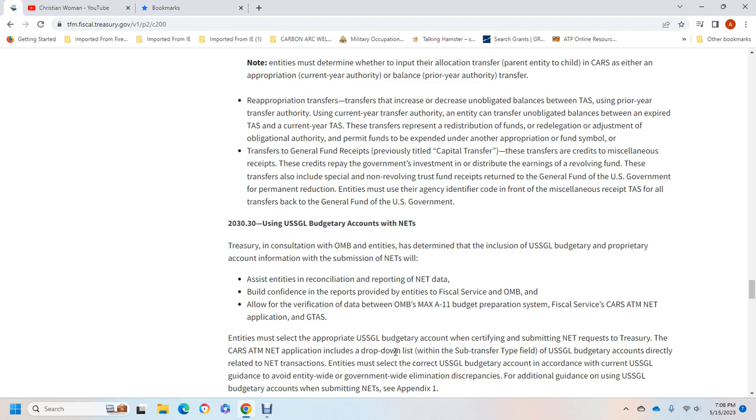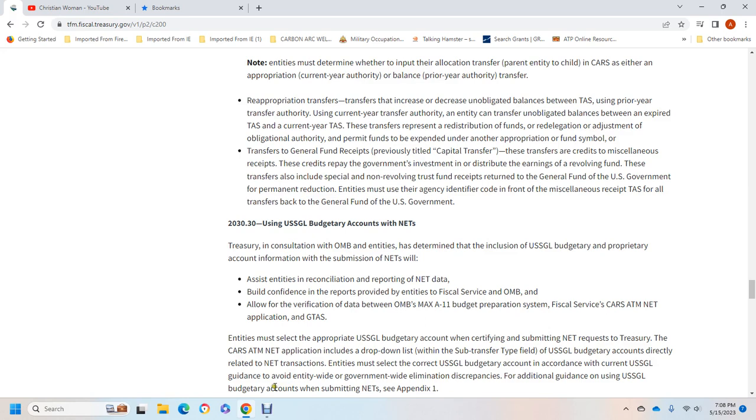The A-11 budget preparation system, fiscal year of the CARS ATM, non-expenditure transfer application, and the GTAS, Government-wide Treasury Account Symbol. Entities must select the USSGL budgetary account certifying the non-expenditure transfers requested with the Treasury of the CARS ATM non-expenditure Treasury. The non-expenditure transfer application includes a drop-down list of the sub-transfer type of the field of the USSGL budgetary account directly with the non-expenditure Treasury account, and entities must select the USSGL budgetary accounts according to